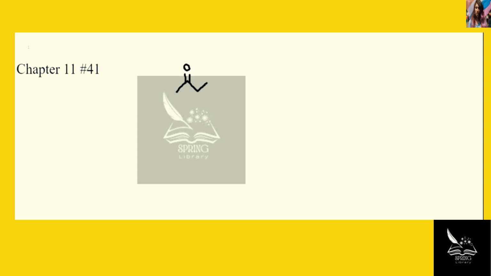So we have 2-butanone, and we know if we're going to treat an alkyne with these reagents, the sulfuric acid, water, and mercury sulfate, we know that we're going to get an enol. And so the enol will tautomerize to 2-butanone. And so we kind of need to work backwards. So we have 2-butanone,